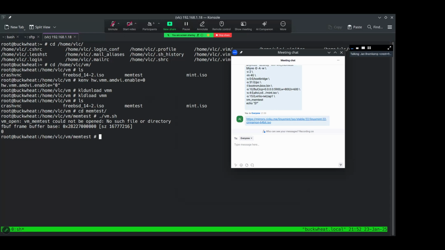Okay, now I will fetch the ISO. It needs like 2 minutes to download, but the mirror isn't the fastest.